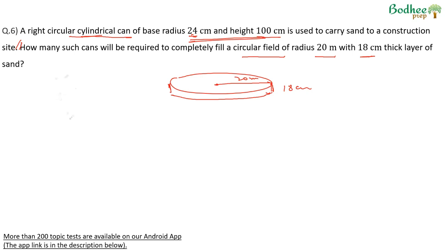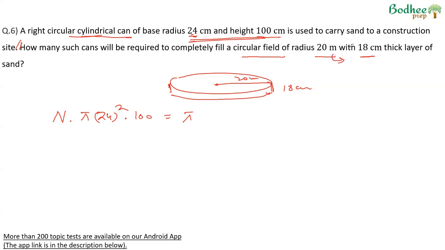Suppose n number of cans is required. We can say that the volume of n cans should be equal to the volume of the field that needs to be filled. So for the cans, the number of cans is n. The volume will be pi r square, which is 24 centimeters, into height, which is 100. This should be equal to the volume of the field that is to be filled, which is pi